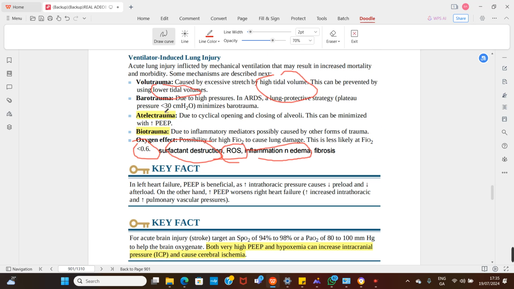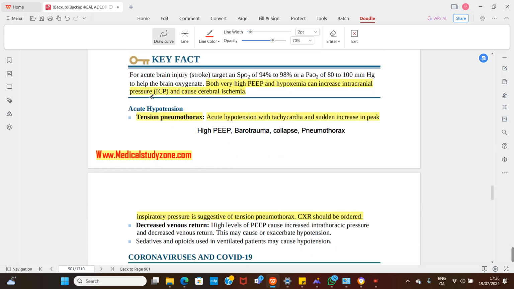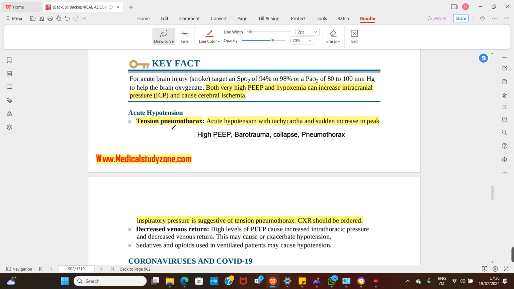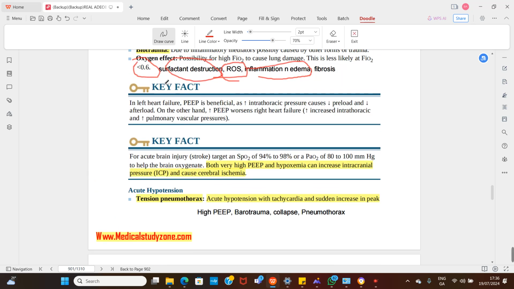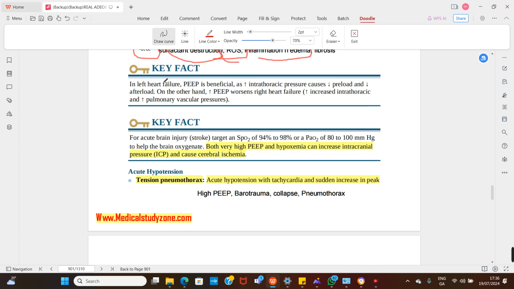So a patient with mechanical ventilation suddenly develops acute hypotension, what are you thinking of? You are thinking of tension pneumothorax. Why? Because if a patient is on mechanical ventilation and you over-PEEP and there's barotrauma or volutrauma